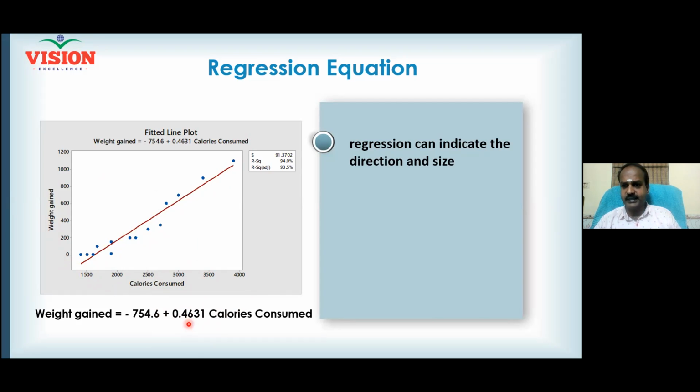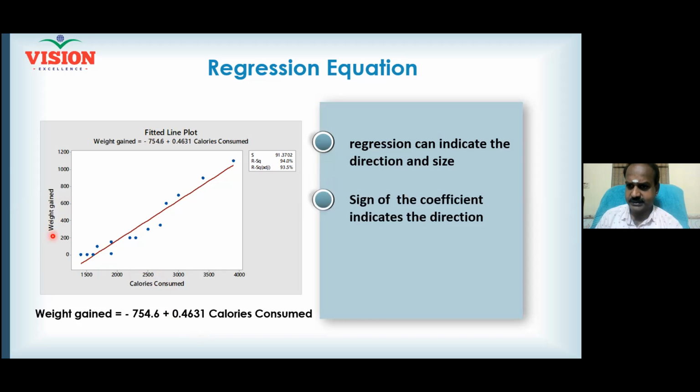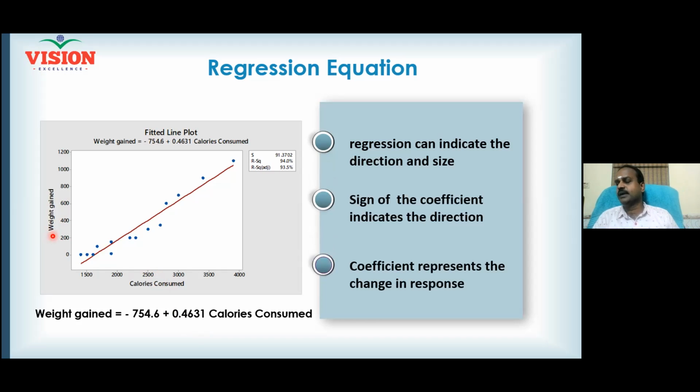When x is increased by 1 unit, y will increase by 0.46 unit approximately, so that you know what to do with the x so that you can get the desired y, right? So the sign of the coefficient is helping you to understand the direction of the relationship, and the coefficient represents the change that can happen in your y variable if you make changes in your x variable,